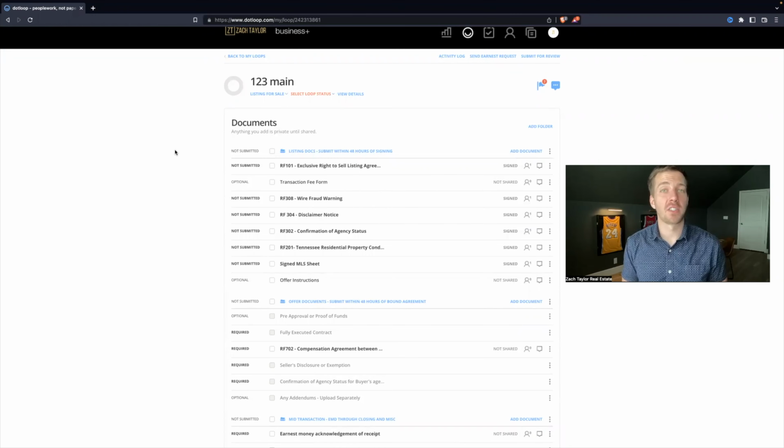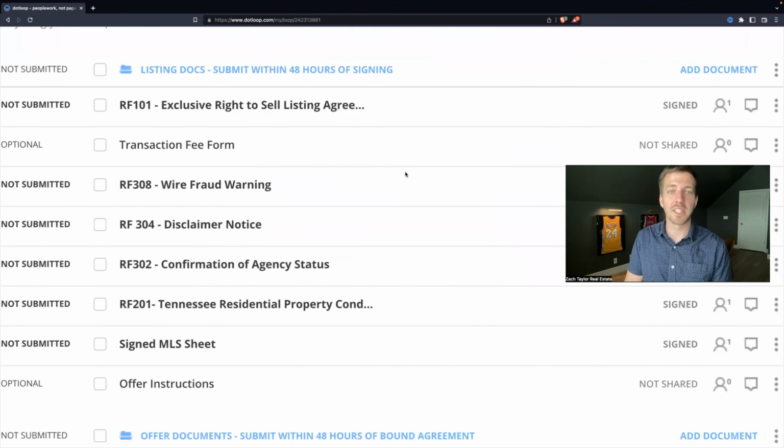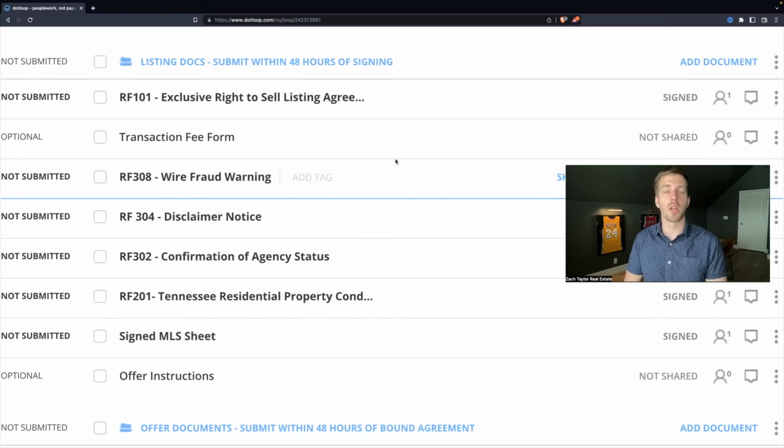So now that our client has signed the documents, let's check into Dotloop to see what has changed. Whenever a client signs a document, you will first get an email notification that your client has signed the document. Or if you're in Dotloop and you've shared it with a client and they signed it and you're still in Dotloop, you may just have to reload your page so that way you can see the new status of each form. And that's the really nice thing about Dotloop, it keeps you updated of what's going on with each